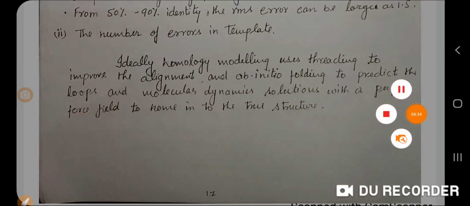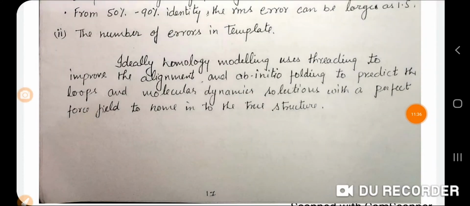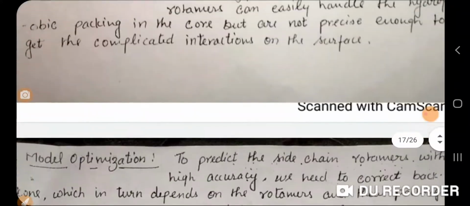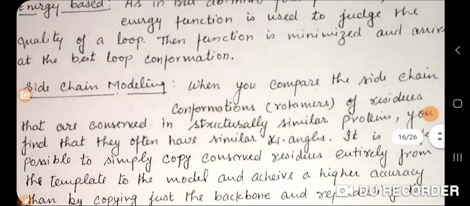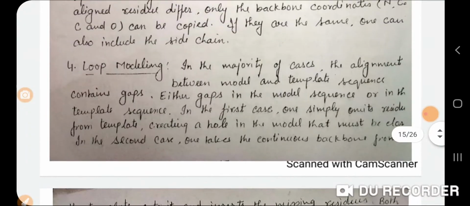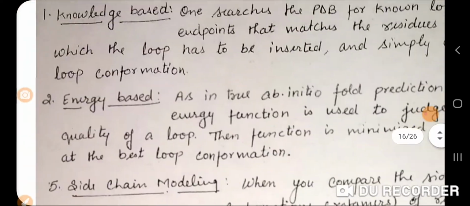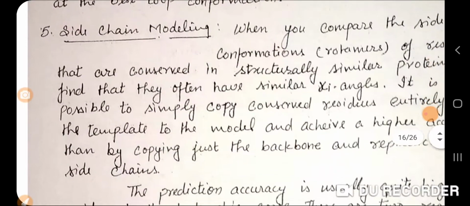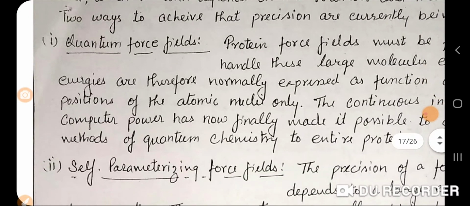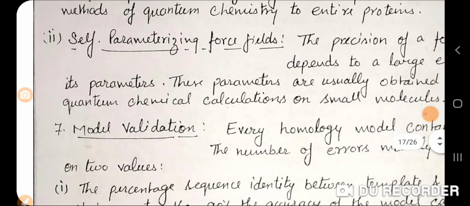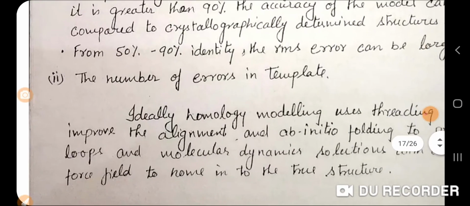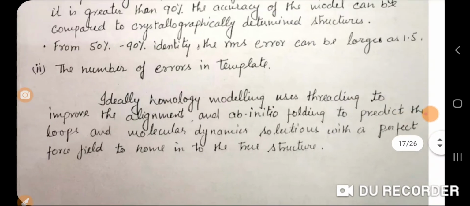Just for summarization, these are the steps which we discussed today: backbone generation, loop modeling, that is knowledge-based or energy-based, side chain modeling, with experimental or theoretical reasons, model optimization, either quantum force field or self-parameterization, and model validation for the building of models. So this is the completion of the topic.